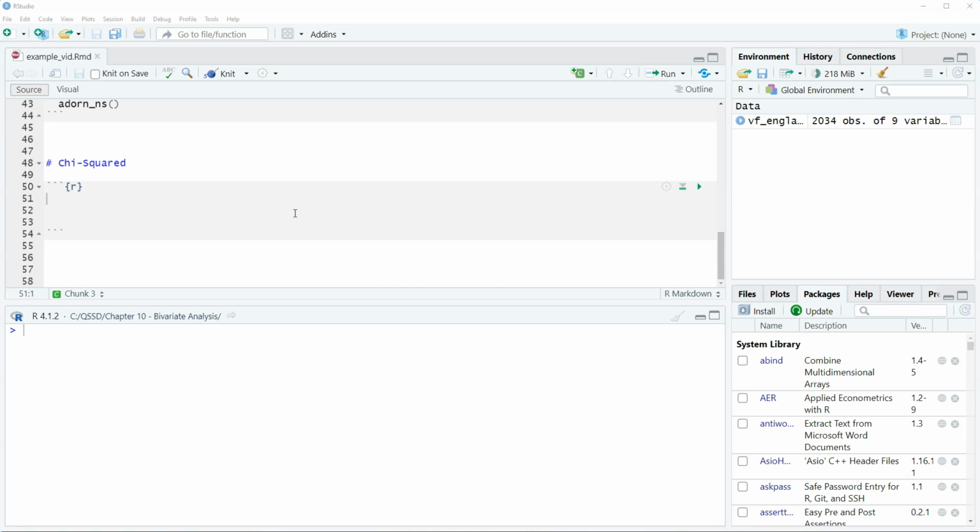In this video we're going to look at chi-squared analysis in R, real briefly. Chi-squared analysis is a type of statistical significance test that we can use in a bivariate analysis. It looks at our data, our relationship, the cell frequencies in that cross tabulation, and compares it to what a hypothetical no relationship looks like. If it's different enough, which is, I know, super squishy, then we could say we have a statistically significant